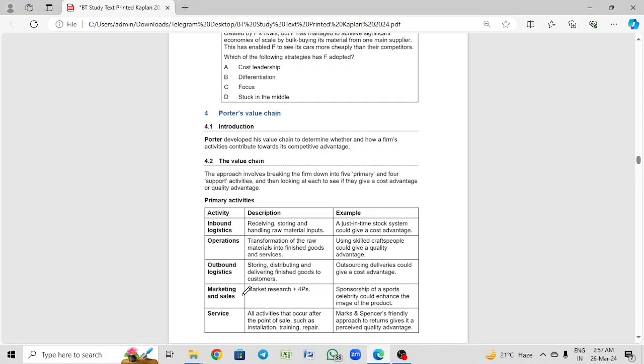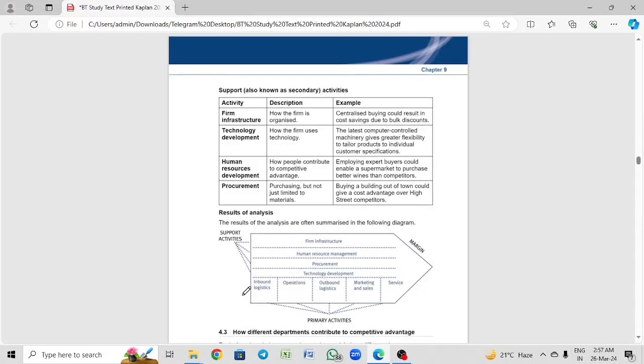And after the point of sales, what are the after sale services, okay. And next is the support activities, for example firm infrastructure, what is the organizational structure that I have for my firm, okay, how fast I am able to adapt to the advancing technology, what are the prevailing technological terms of my company, okay, the technological development, what are the human resource